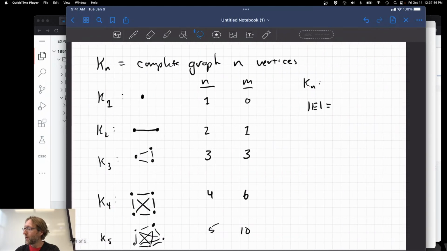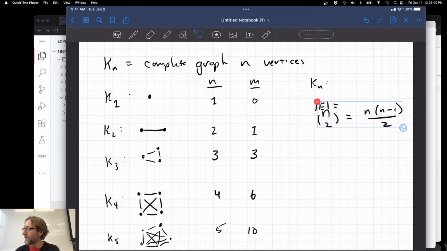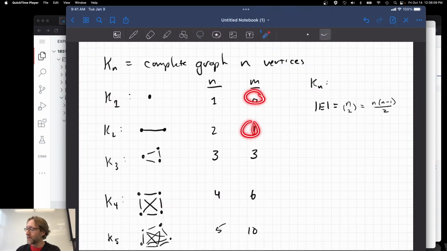Copy. So, paste. There it is. Make it smaller. There we go. N choose 2, which is equal to n times n minus 1 over 2. That is equivalent to all of these values right here. Right? Plug in 5 over here. 5 times 5 minus 1, 20 divided by 2 gives me 10. Right? So, in general,